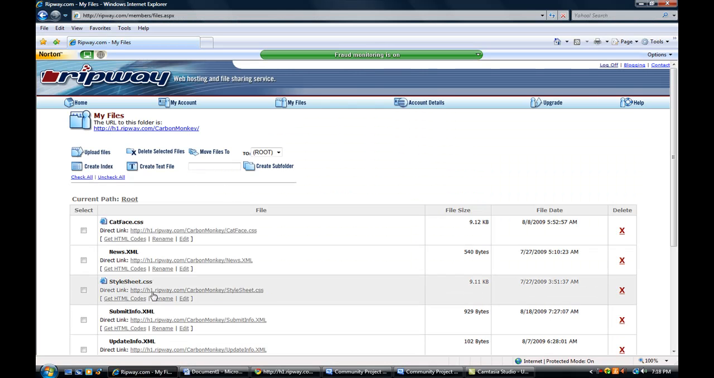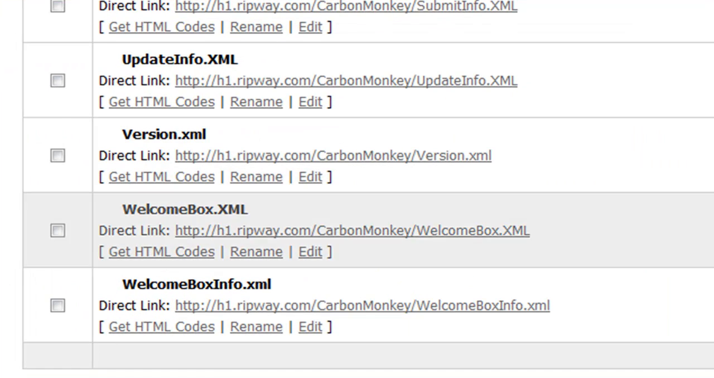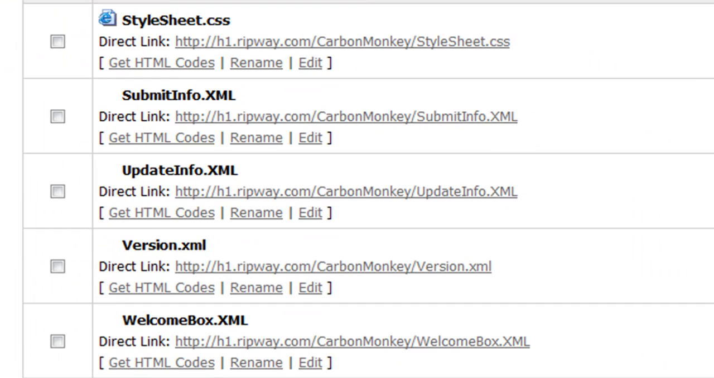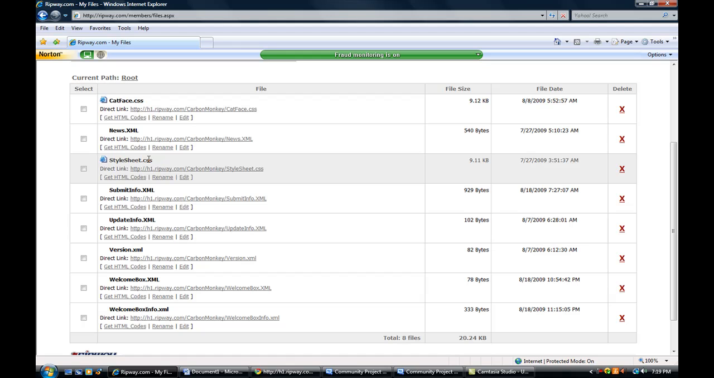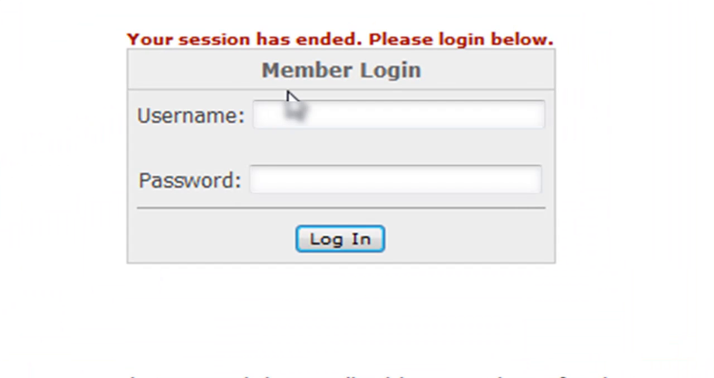Now, here I am at Replay here. This is where I update all the information from. I've got the news, the submit info, the update info, the version information, welcome box, and welcome box.info. And they're all XML documents. The ones you see in CSS are not actually anything to do with the program. They're more to do with the website I'm hosting for a friend. Alright, so to prove that this is where it gets updated from, I will edit the welcome box,